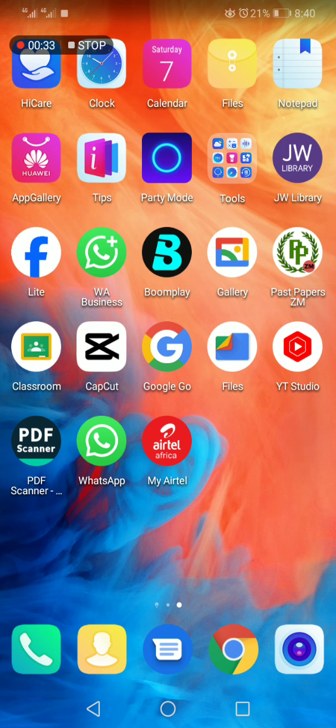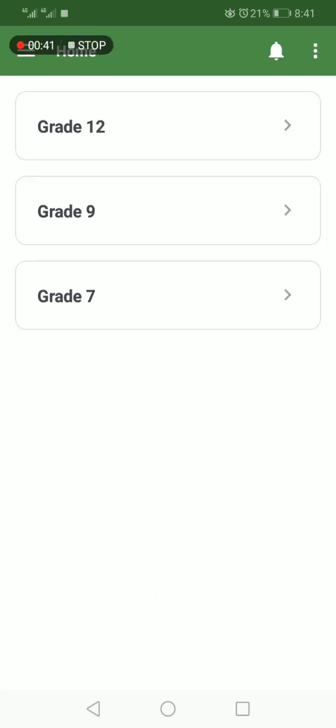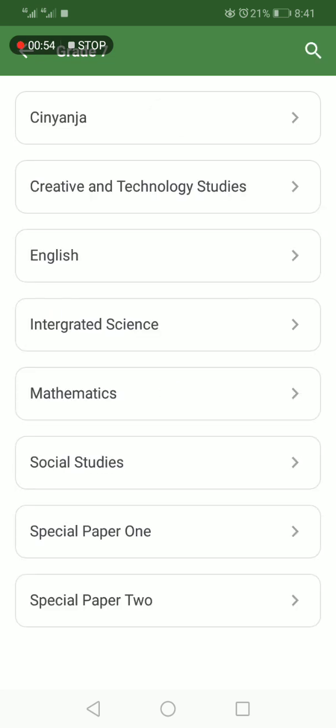If you don't, you can download this application, Past Papers ZM, this one. You can find as many past papers as you want as far back as 2010 in various subjects using this application. So let's take, for example, grade 7 mathematics